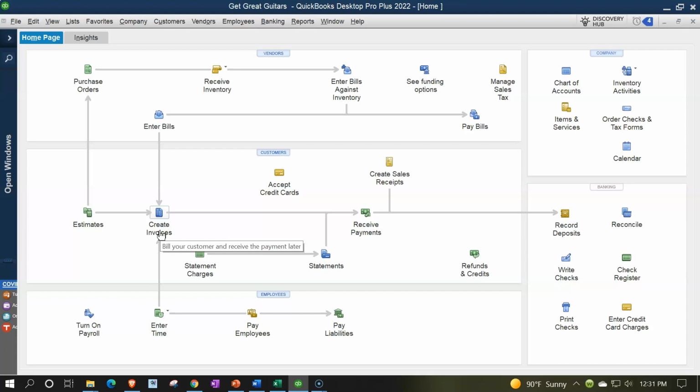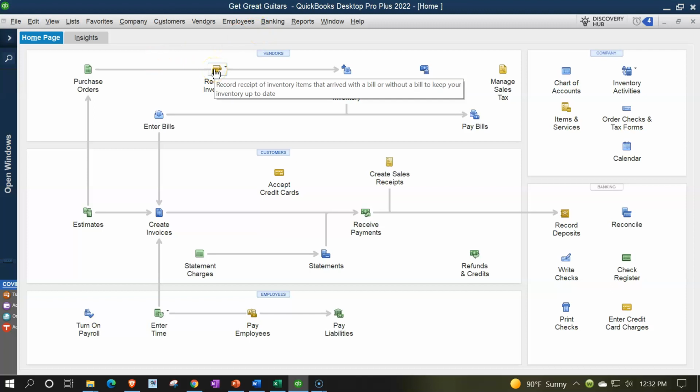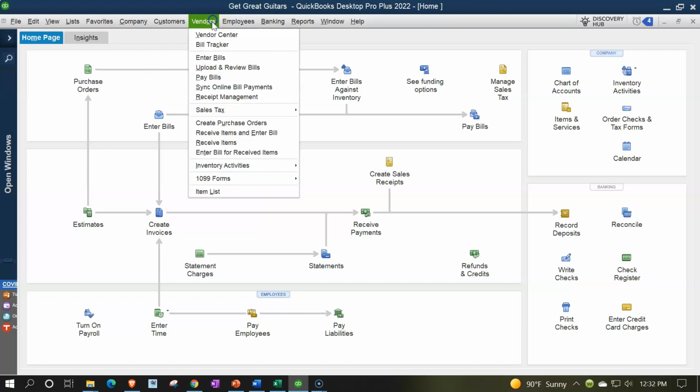Now, as we start with the purchase order, remember that the purchase order is unusual in that every other kind of item that we'll be entering, every other form, will typically have some impact on the financial statements, the balance sheet, and the income statement, the purchase order being that unusual one, which does not. So we still want to track it, and we can track it by going to the vendor center,